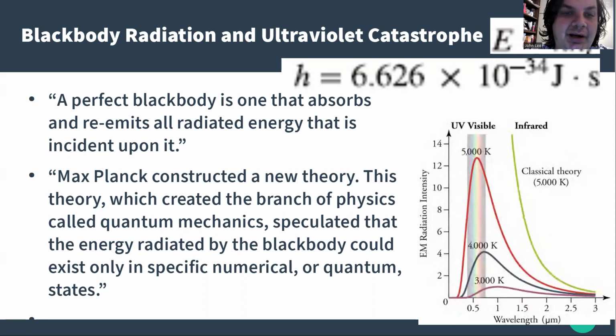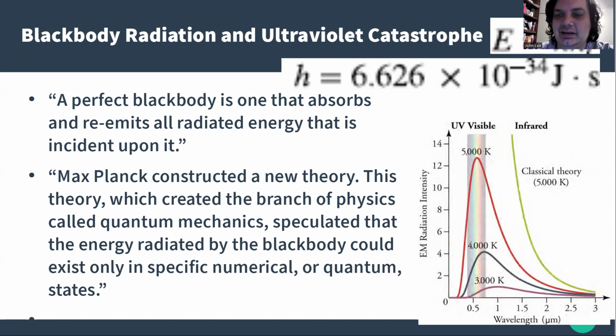So a black body is something that absorbs and re-emits all radiated energy that is incident upon it. And what we were seeing when we looked at black bodies, which is basically just a star, a star is a good example of a black body,